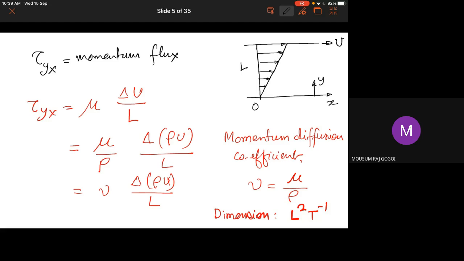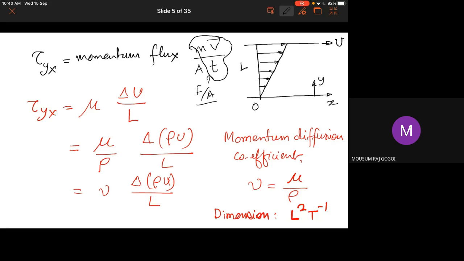So if you calculate the momentum flux, it is nothing but the stress acting on the fluid. We are saying the momentum flux, that means m velocity, this is the momentum. So it should be per unit area and per unit time. So if you see this mv by t, this is nothing but the force. So force per area is nothing but the stress acting on the fluid. So this momentum flux,